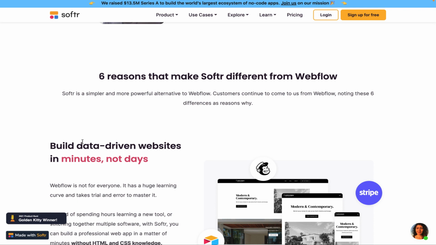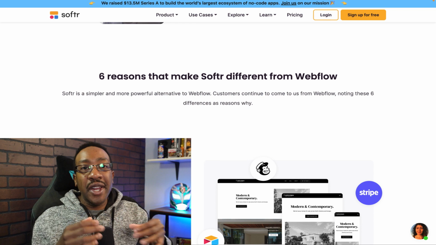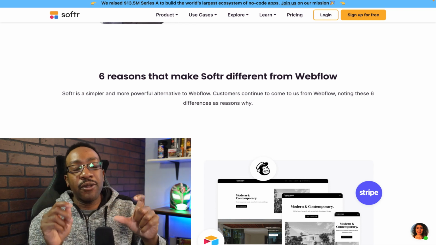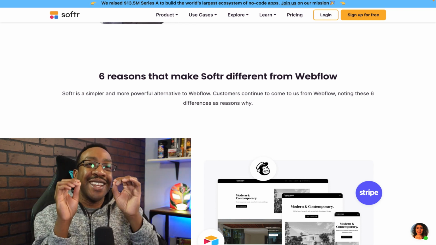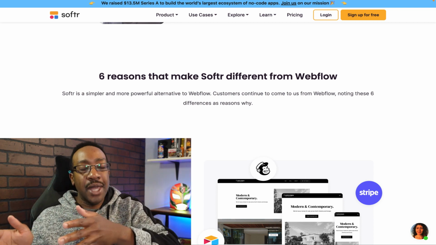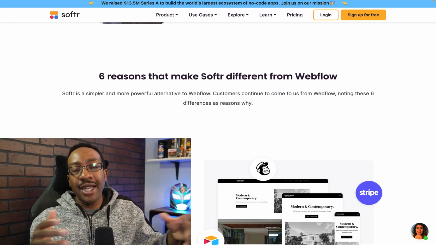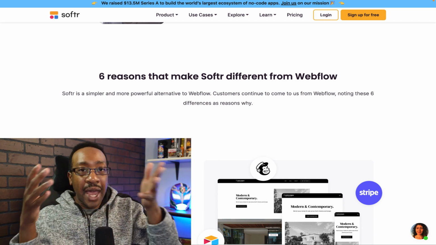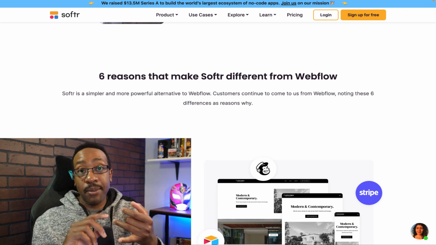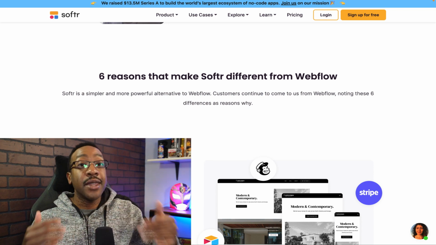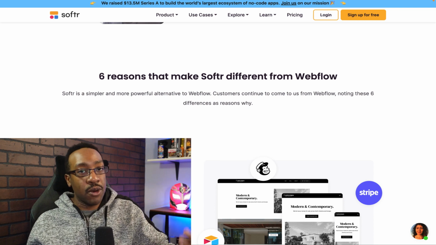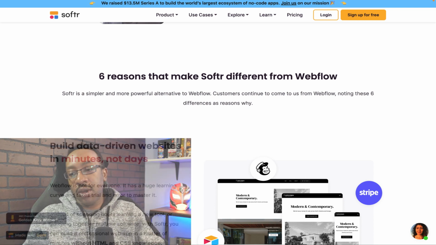And I'm going to be very clear with this. Softr is not the solution for everything, neither is Webflow. It depends on what you're trying to create and where you're at in your business. Webflow is great if you are looking for that pixel perfect design and you want everything exactly the way that you want it. Great, that's why Webflow exists. But Softr has a lot of the best in class features that people want that you can be adding to your web application or website very easily, that allows you to accelerate your process of building your MVP. Let's go a little bit deeper.